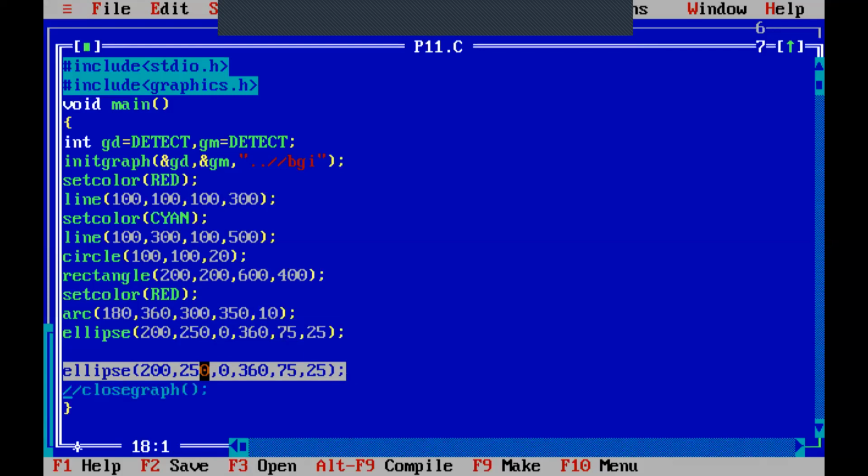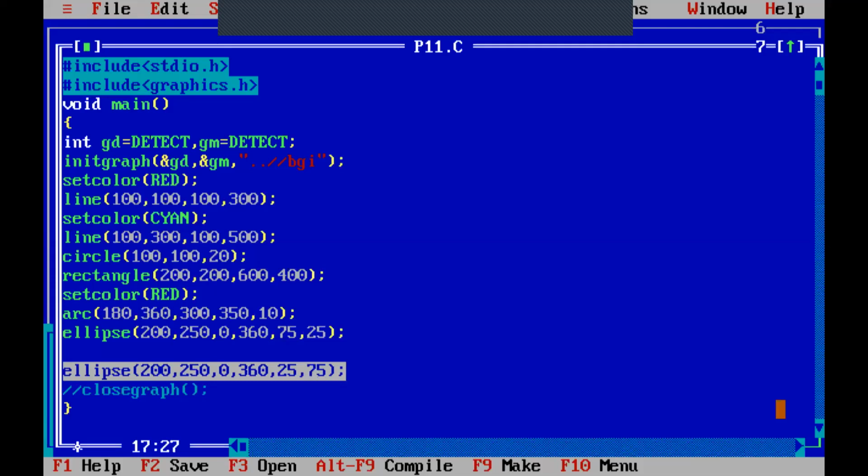So what I'm going to do now is, from the same point, I will be interchanging the value of x and y.